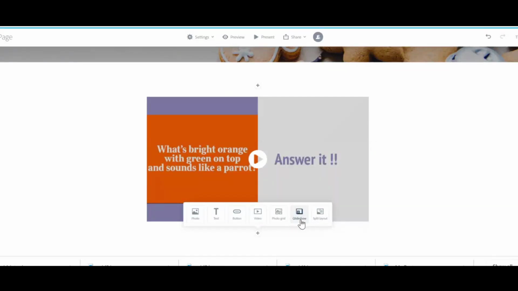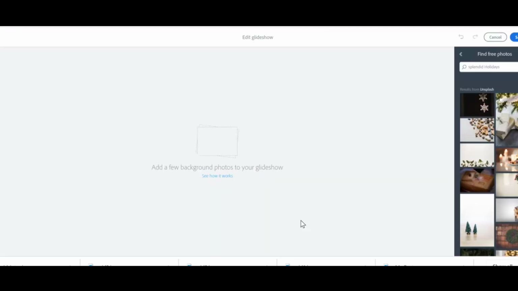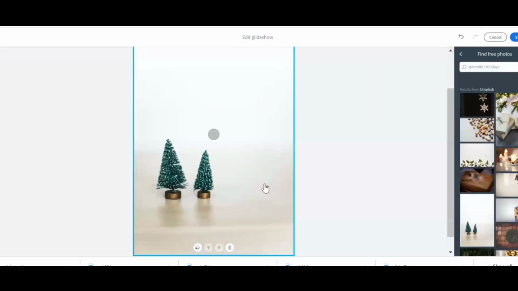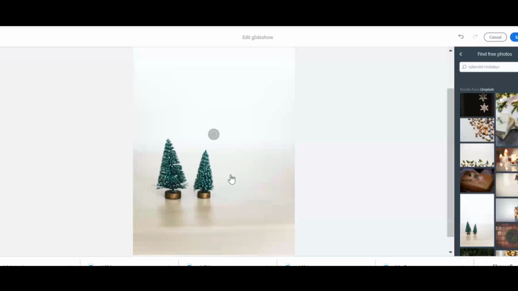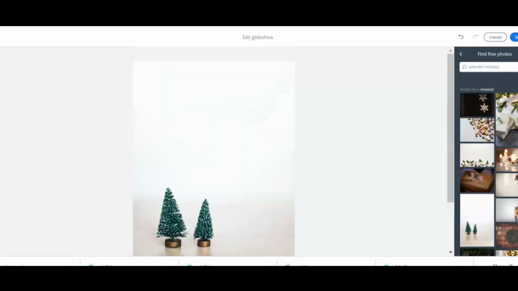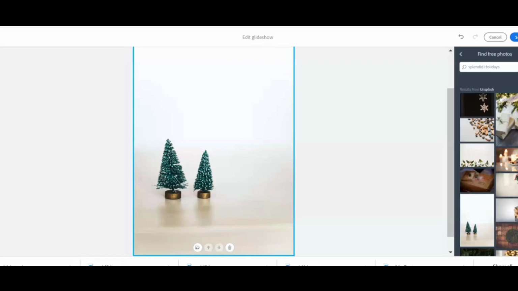Photos. Glide show is like, if you have seen in small apps, if you scroll the text is scrolled but the background image remains still. So glide show means a big picture comes, and on that text can go and come and go back. So I'll tell you the glide show example. You can add some photographs. I have added this photograph. Now what I'll do, I can edit the glide show.